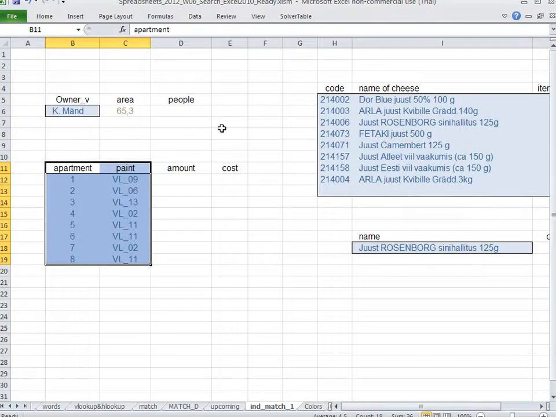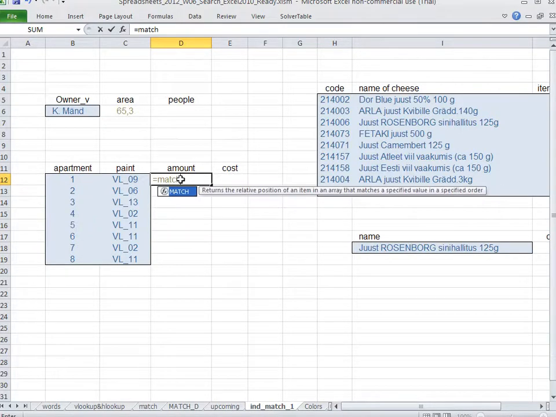So we are now going to at first look at how much of paint VL09 we will be using for painting 1 square meter. We write equals, and we want to go and match for that VL09. So we'll write equals match, parenthesis begin C12,